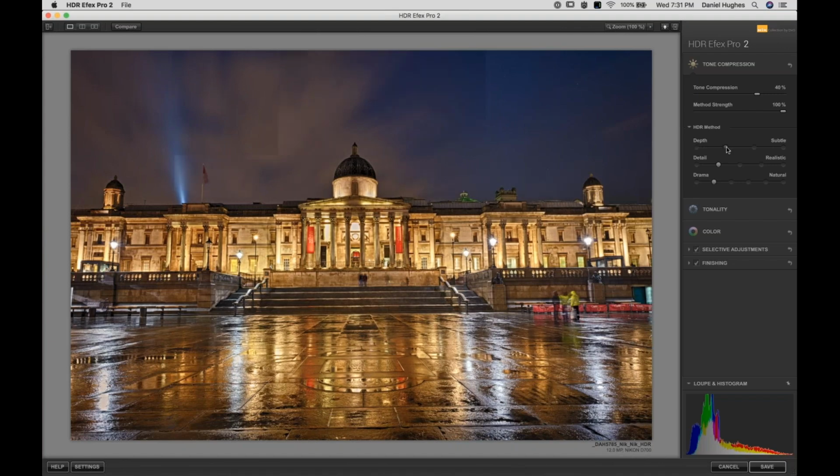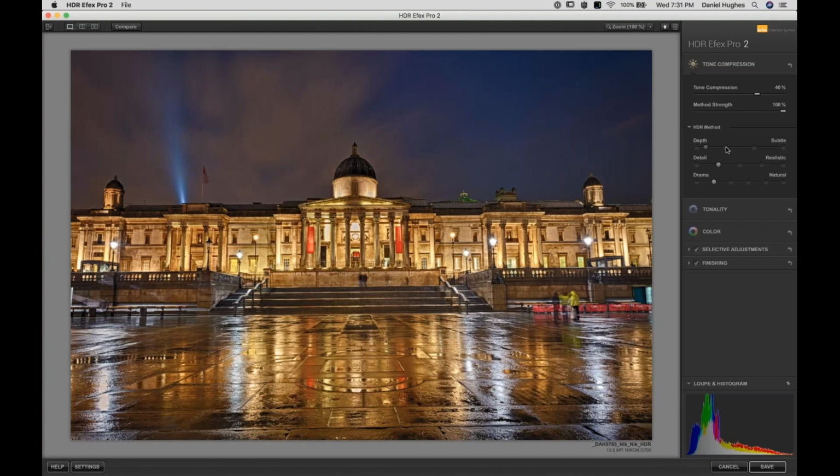So one of the problems that you can run into with the look of an HDR image, because it is compressing the full set of tones that you've captured, is that it has to figure out how to do that and still yield a good looking image without sort of losing the specifics or the character of the light, if you will. And so what this depth tool does is it basically allows us to control whether we want that flat monotonalistic look,